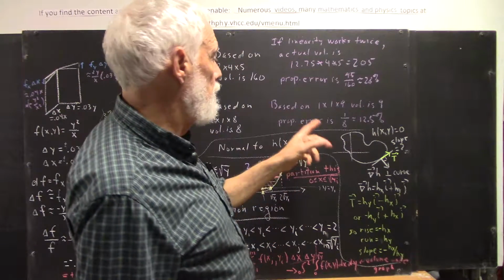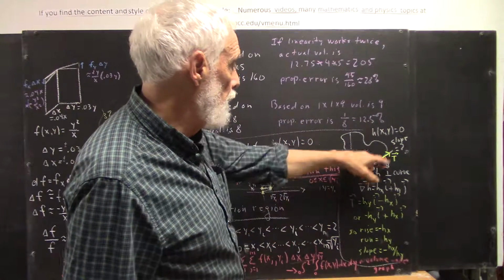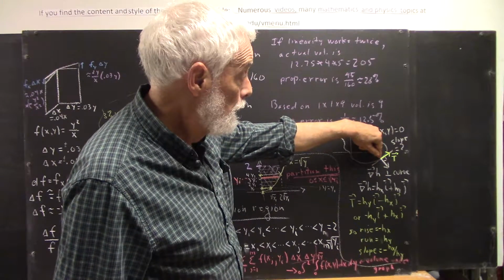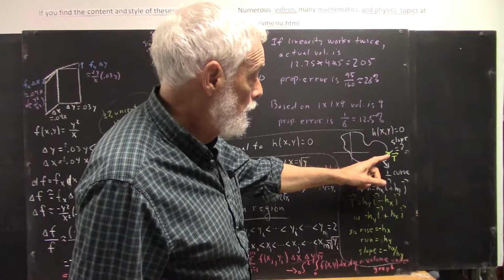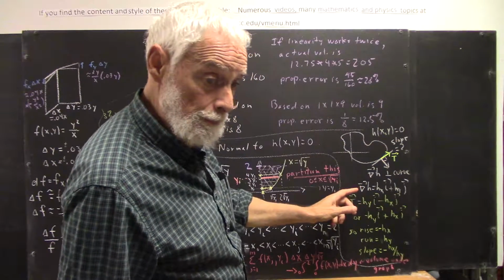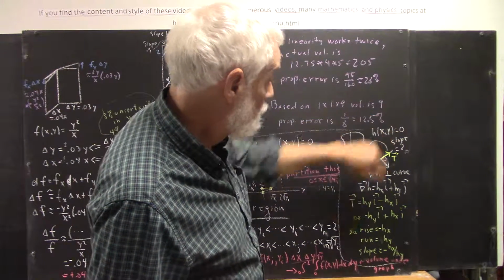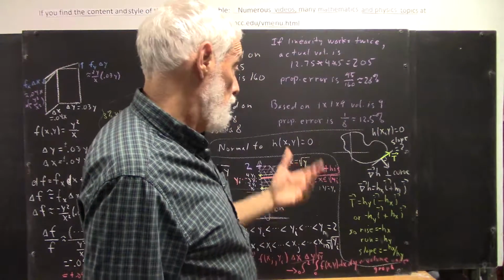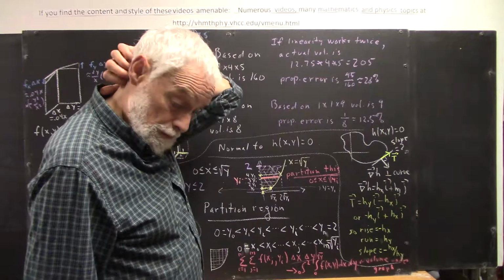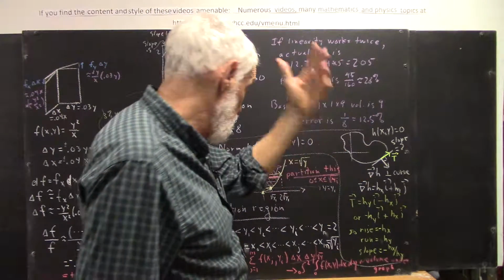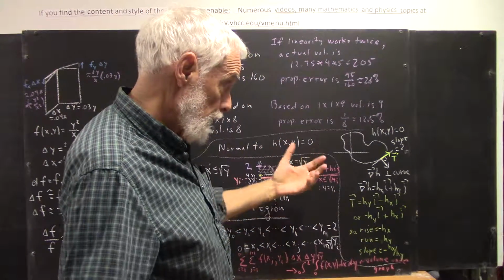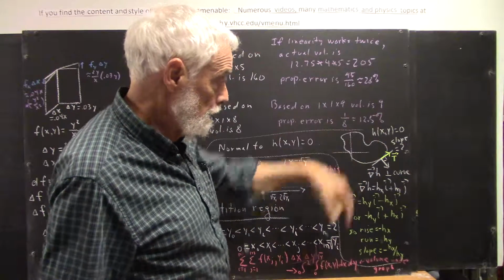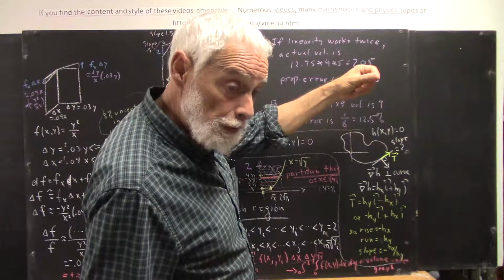Okay, so let's just think again about h of x,y equals 0. That's going to give you a curve. Now there's a point on the curve and you want the slope. Well, the slope will be the slope of a tangent line. Now you can get a tangent vector. How do you get a tangent vector? Well, various ways. You can take derivatives of your x and y components and put them together and get a tangent vector. But I'm just going to talk about a little more elegant way to do this